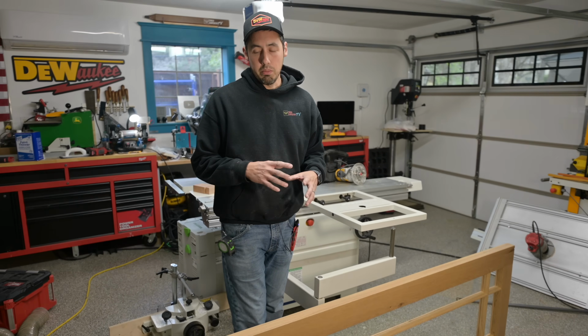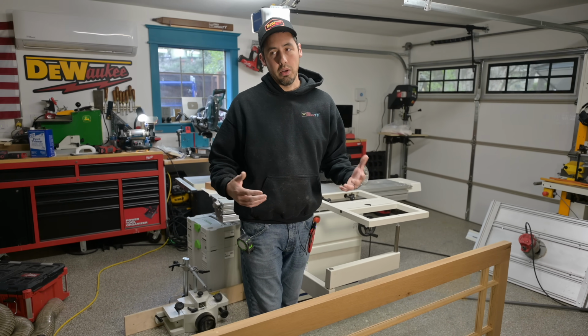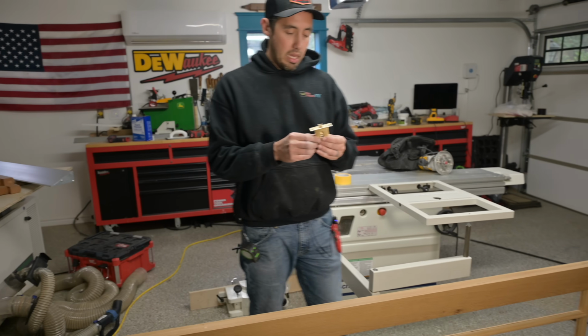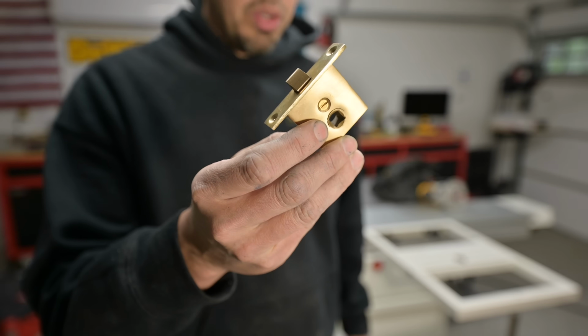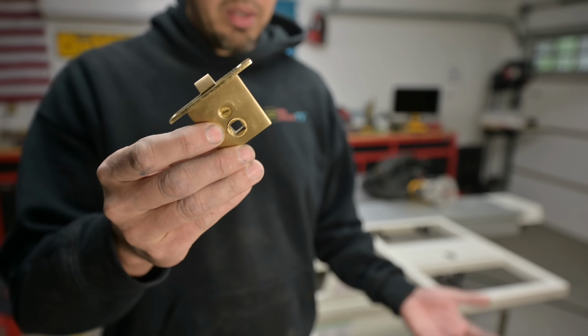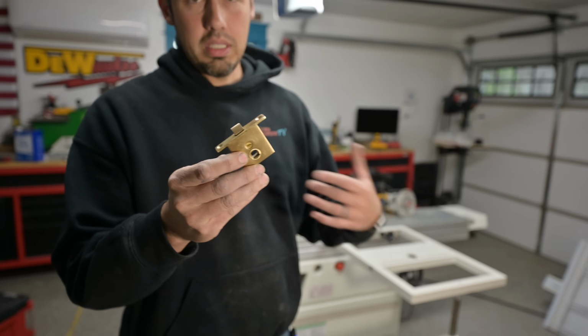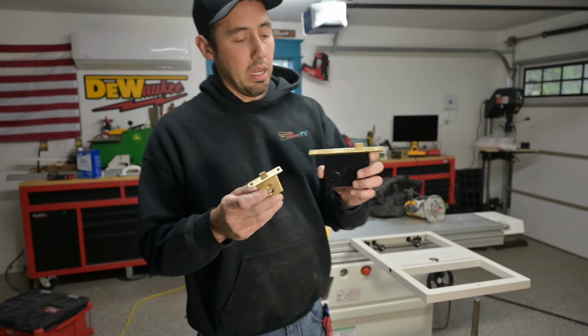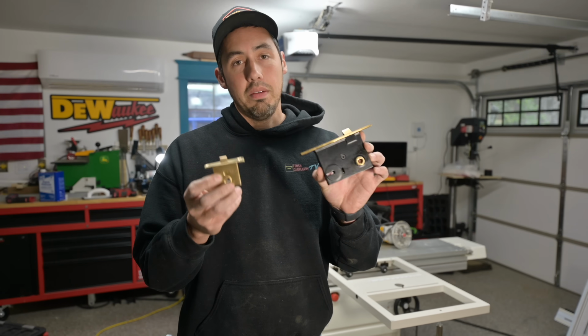We just made a little jig mortise for those, and that's exactly what we're gonna do when we hang this thing. But what we're gonna do right now is make a mortise for this little guy, a really small one. This is a laundry room door, so obviously I don't need to lock it, it just needs to catch and close. So typically you'd have a bigger one like this with a lock if you're going with this